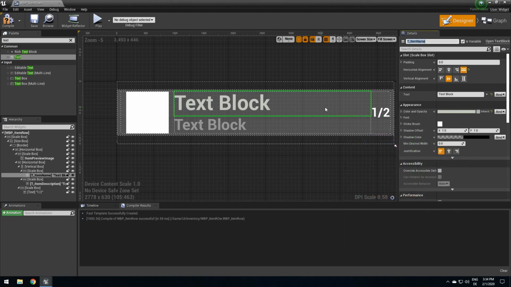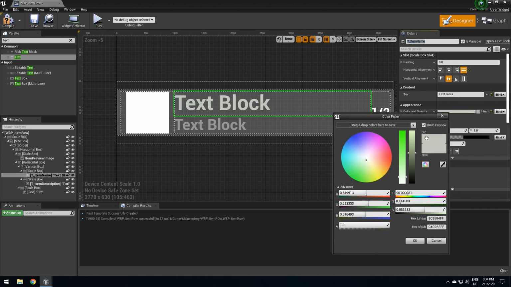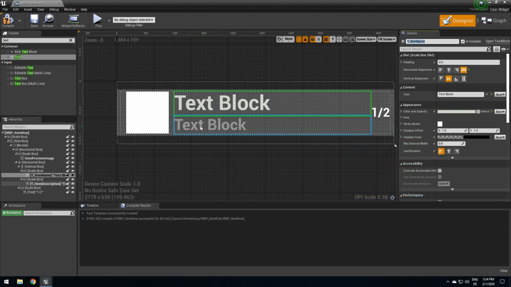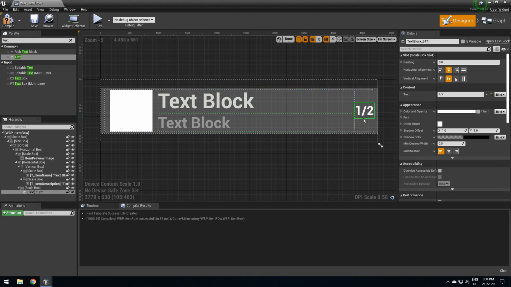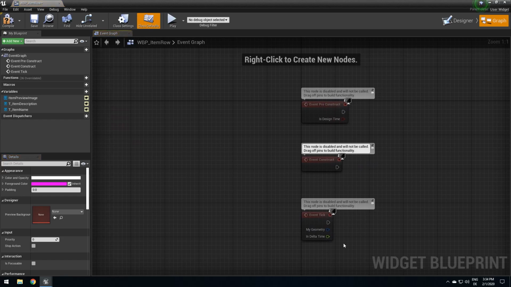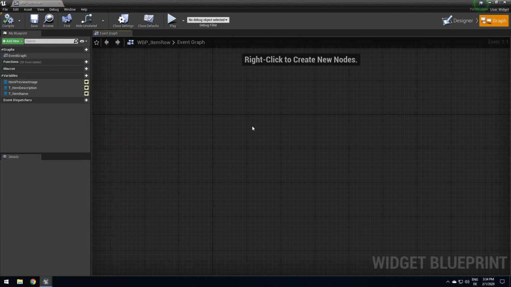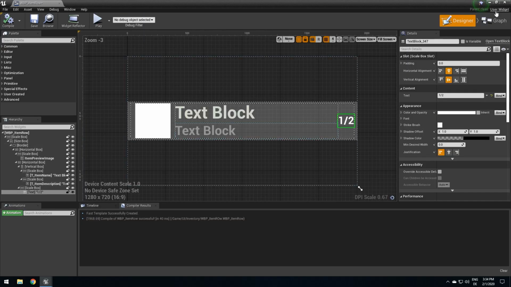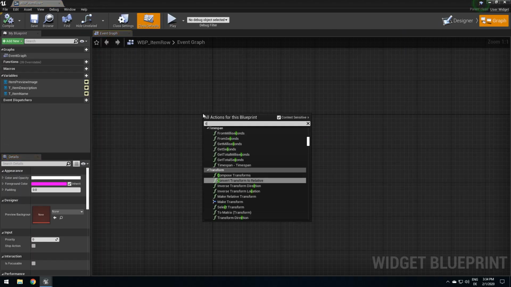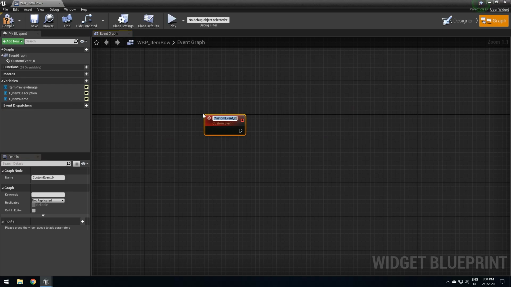So we can read this as a main important thing. Let me actually make this a bit brighter, something like this. So this is an important part, but this is just some description text. All right, and over here, this is something I don't think we really will worry about for now, but I'm gonna still set this. So custom event is how to go